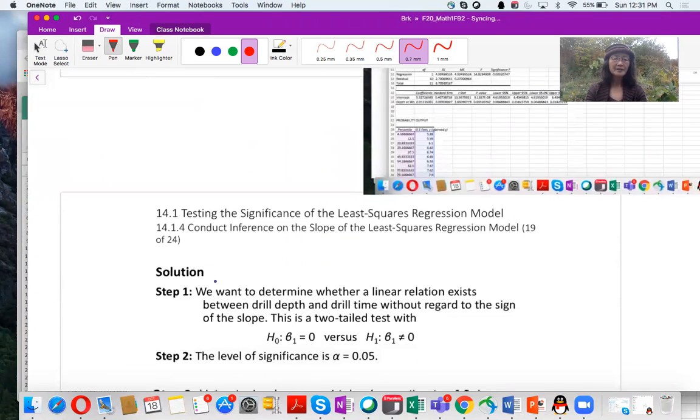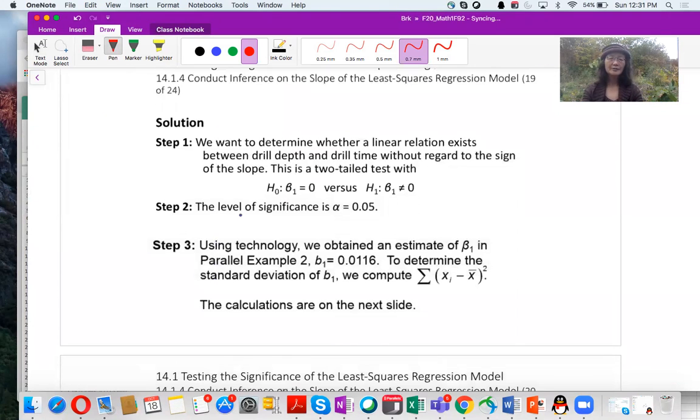Okay, so next, let's use the steps to do the hypothesis test. The null hypothesis says there is no relationship between X and Y. Remember what is X? Trading depth is X. What is Y? Trading time is Y. No relationship means slope equals 0, beta 1 equals 0. And the alternative says there is a relationship between X and Y, slope not equal to 0. And then use alpha